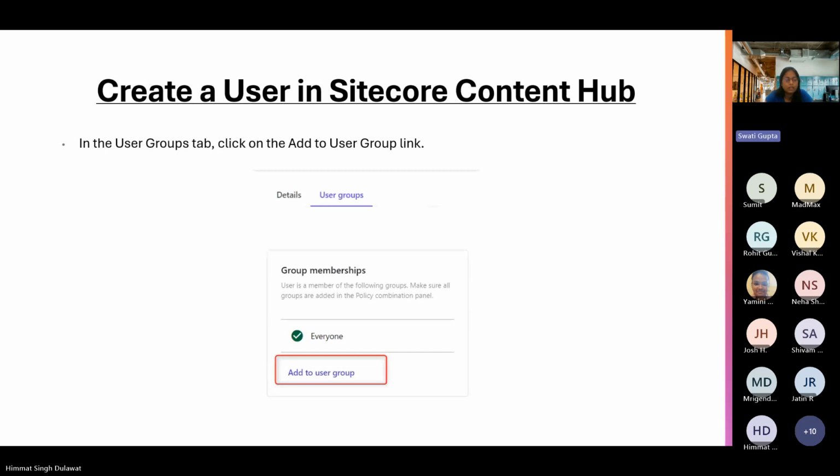This screen will be visible, and the user group tab will be visible here. Once you click on this user group, there will be one link button, which will be add to the user group. Once you click on add to the user group, in the next step,